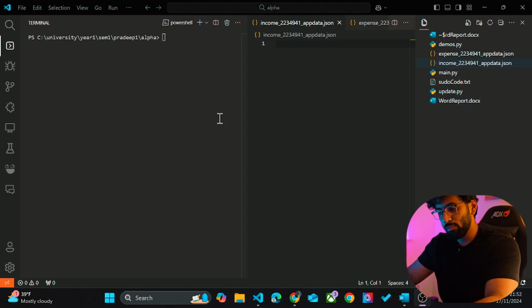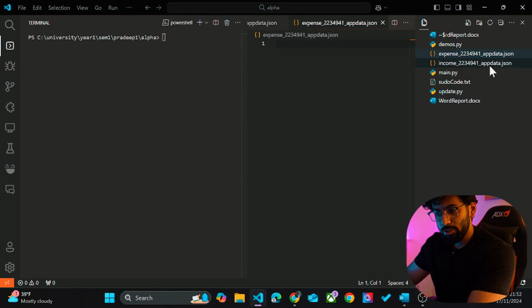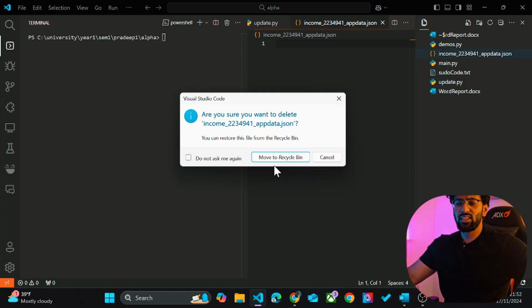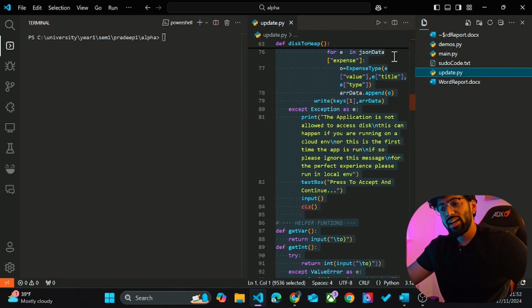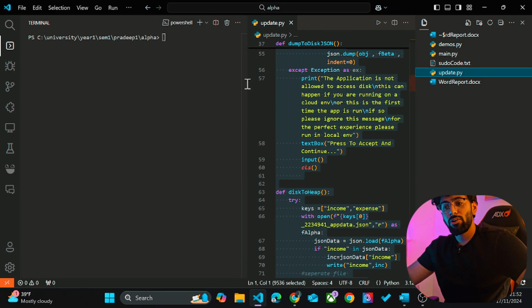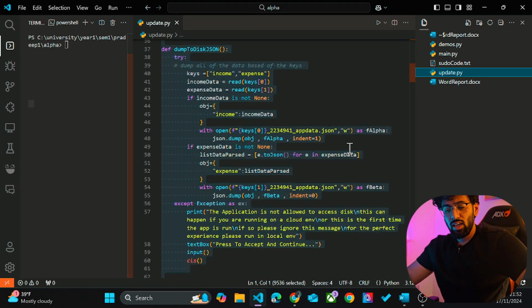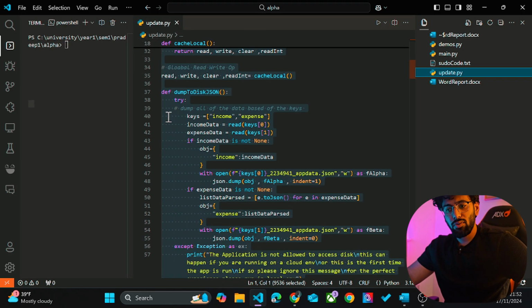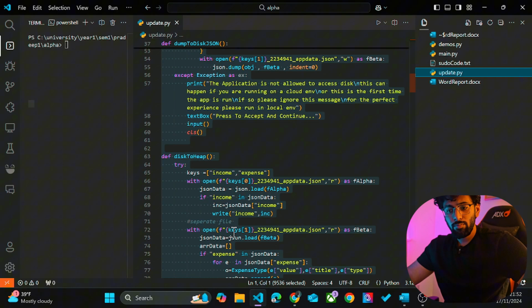Going to be going over my project that's written inside of Python. I'm just deleting some disk files. Now the application works based off of heap memory and then it backs up into the disk. If you look at the code, it has dump to disk function and read from disk function, the disk to